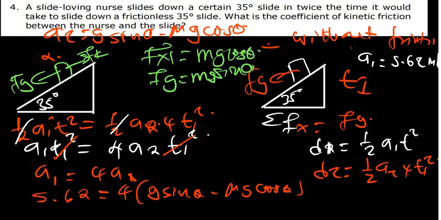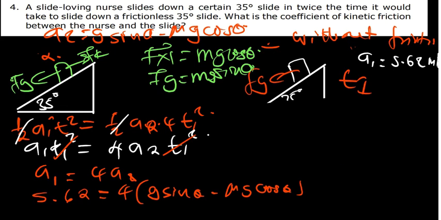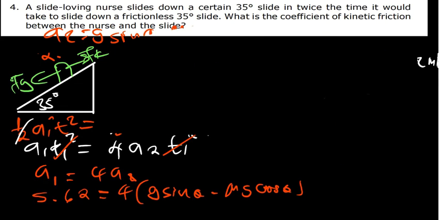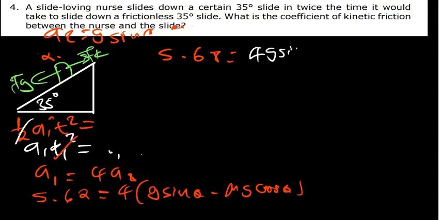Remember, our goal is to find the mu value. Now I can get rid of everything here to create space. Then I have 5.62 equal to, distributing the 4, 4g sine theta minus 4 mu